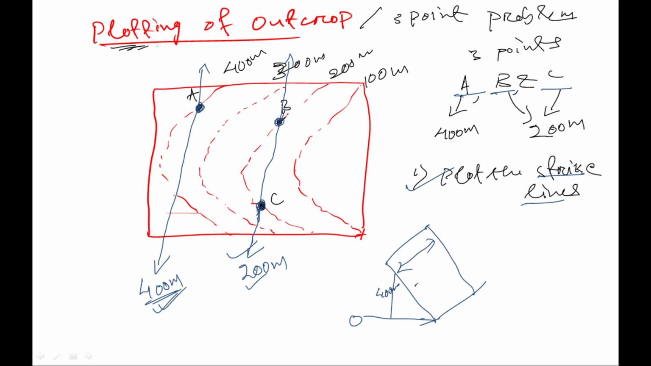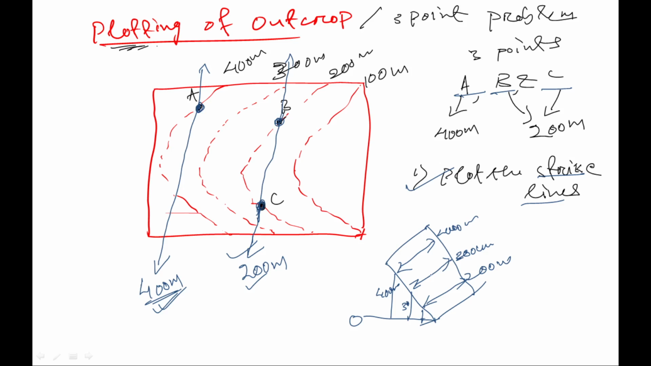Then again, if I join the points which are of 300 meter elevation, there is a strike line of 300 meter, right? This is a strike line of 400 meter. Then if I join a line which is 200 meter elevation, there will be a 200 meter strike line. Now if you see, the strike lines are parallel to each other,